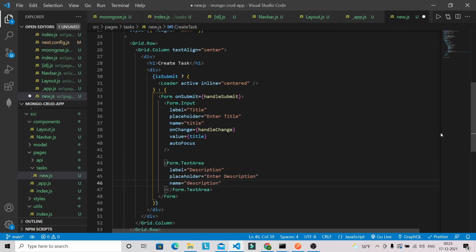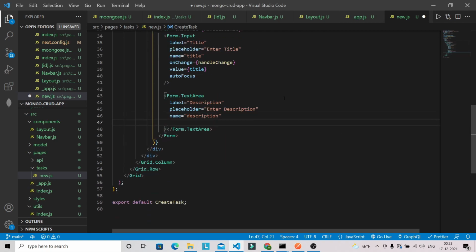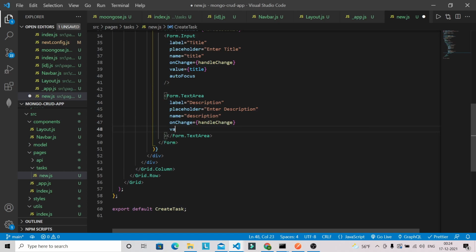Let's format first, and after that we are going to have again on change. So handle change is already defined. Then we are going to have value, so value is nothing but description.